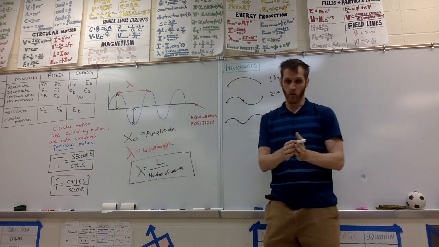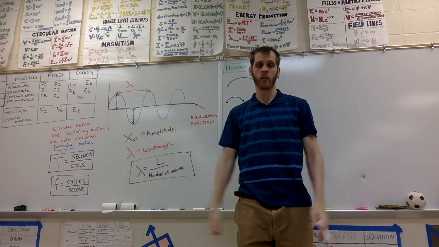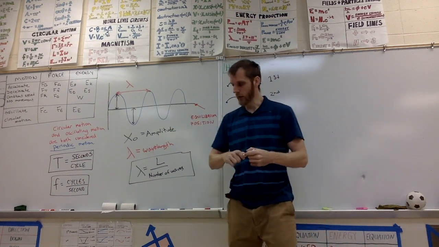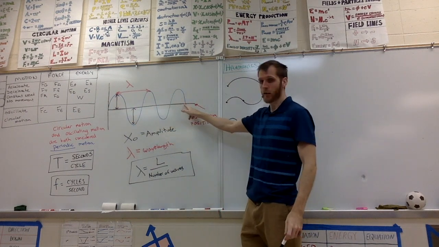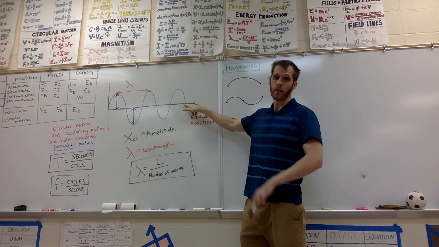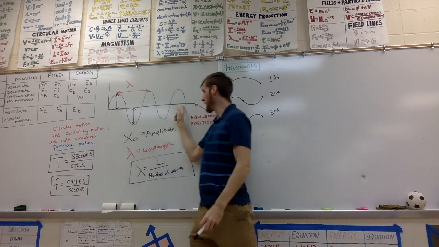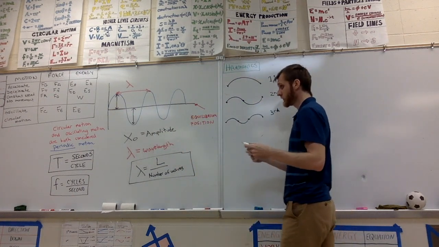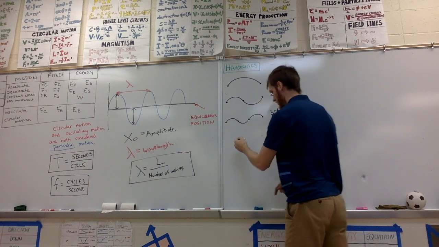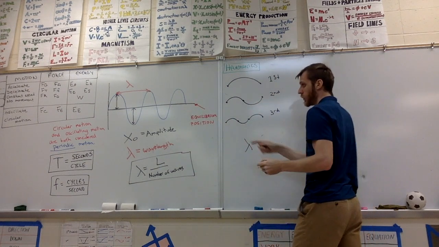So it's defined by the whole length of whatever's making the wave divided by the number of waves. So think about it like this. Let's say the distance from here to here was 1 meter. The distance from here to here was 1 meter. What's my wavelength? Well, if I did that calculation using this, my wavelength would be 1 meter